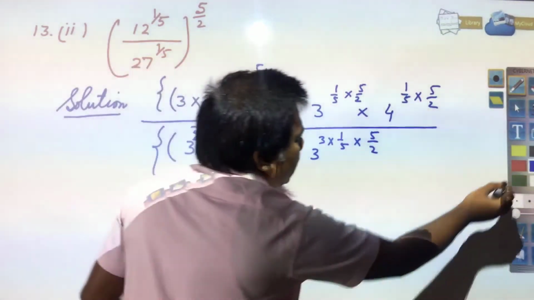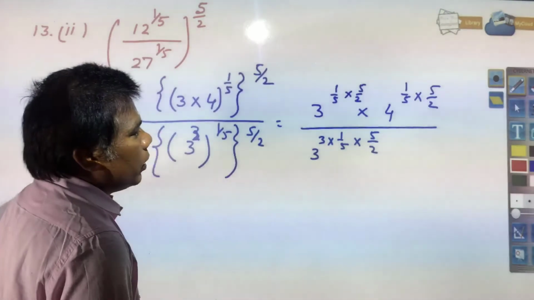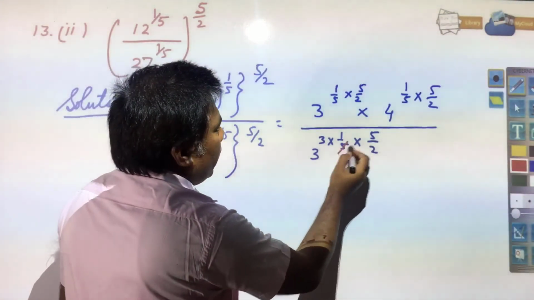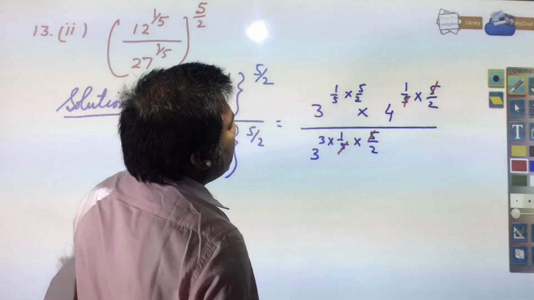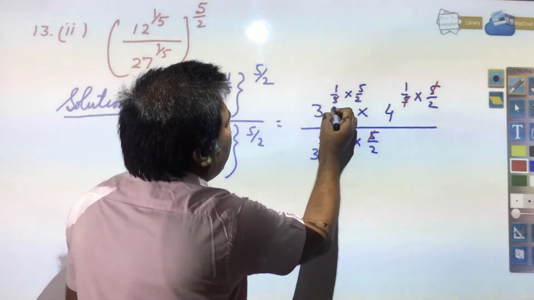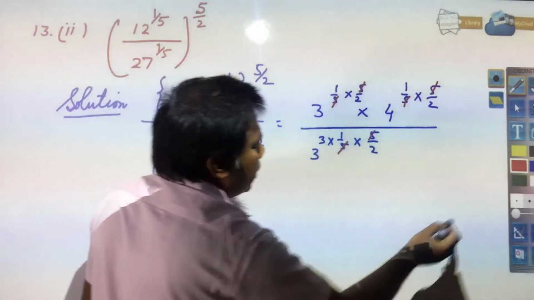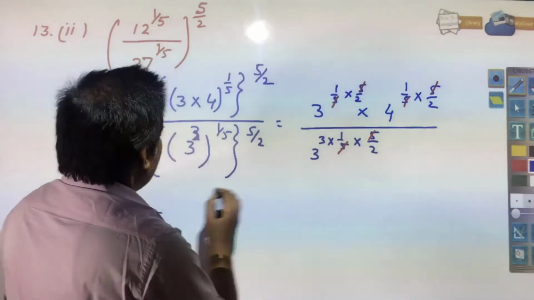Now, you see the number which can be cancelled, you cancel those, 5 and 5 got cancelled, here 5 and 5 got cancelled, and here again 5 and 5 got cancelled. So, you are left with